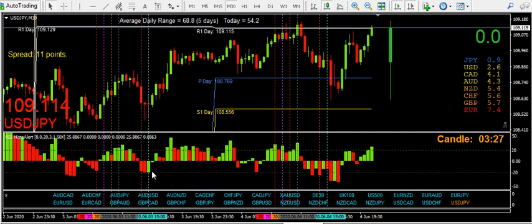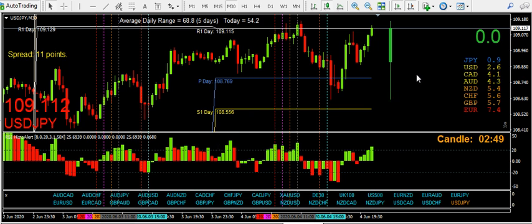Now whoever wrote this, who I owe a fortune in goodwill, a few beers and God knows what else, did a fantastic job. I have no idea how the two levels came about, or what the rules are to trade this. But we've got a 20 level here and a minus 20. They're just arbitrary levels as far as I'm concerned. They possibly could be used differently on different time frames. I haven't done enough back testing on this, but basically